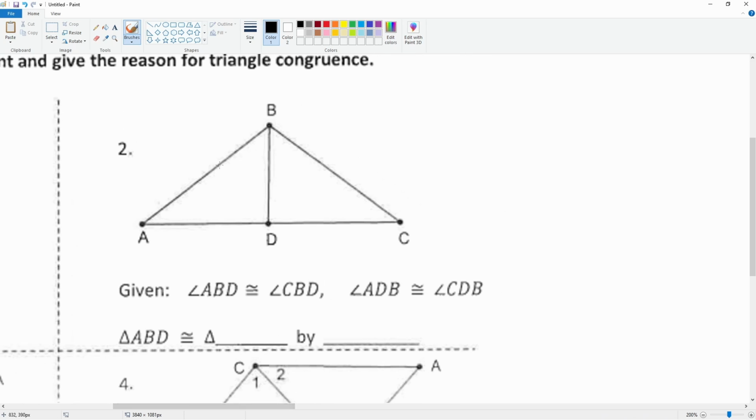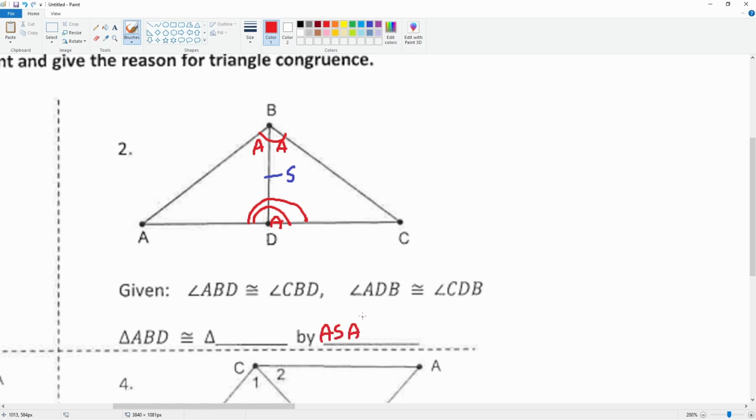Okay, we have ABD is congruent to CBD, so let's mark that, one curve, that's with an A. ADB is congruent to CBD, so that is 2 curves. It's also another angle. All right, this is shared, reflexive, so that is a side, so we can say this is congruent by angle,